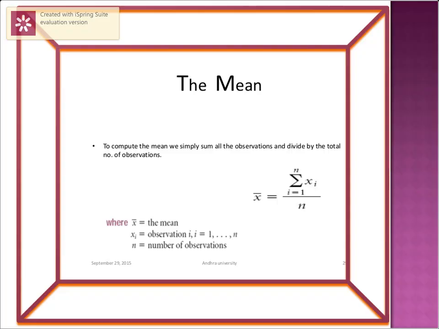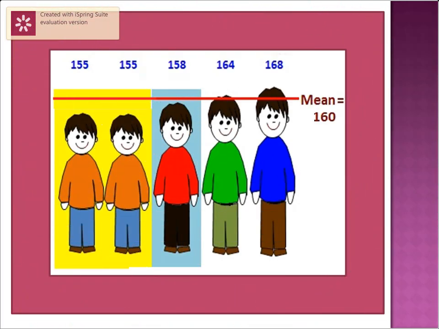The mean is nothing but the sum of all the items divided by the number of items in the set, also called the average. Using this slide, we can easily understand what is mean. See, here 5 images are given. Each and every image will have their own values. We need to add all the values and divide it by 5. Then we can get the mean of this subset, that is 160.